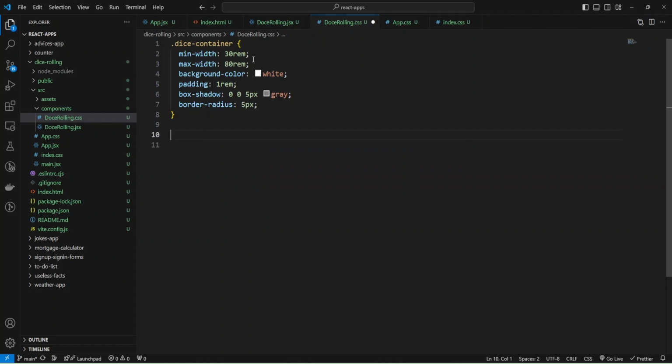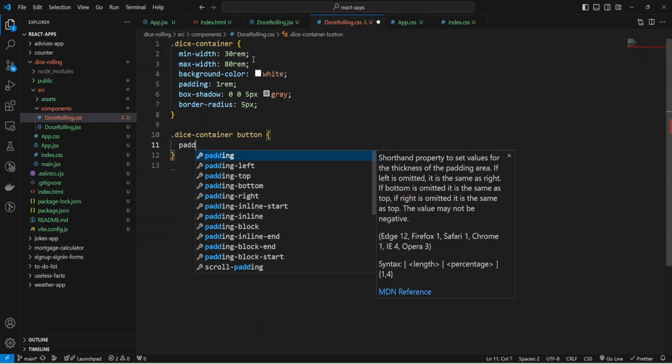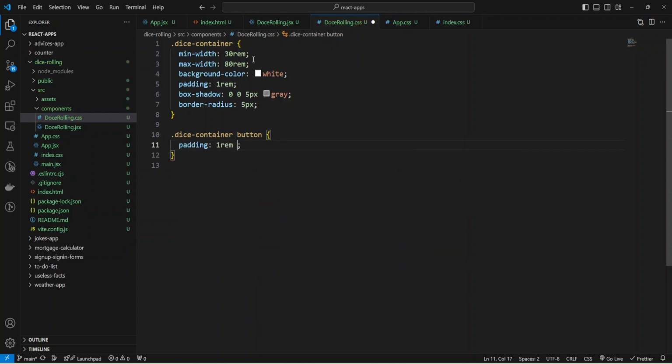Okay, and now I can use my dice container to define a class for the button, and add some padding 1rem for top and bottom and 2rem for left and right.